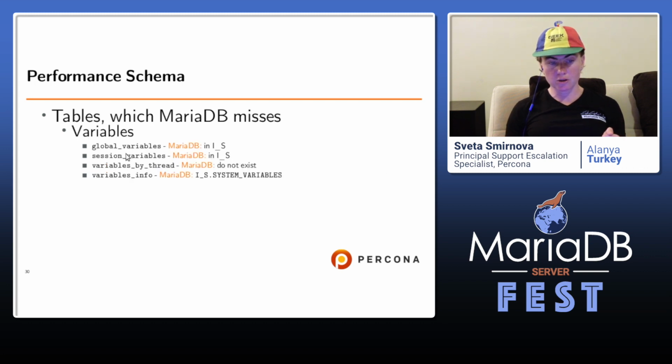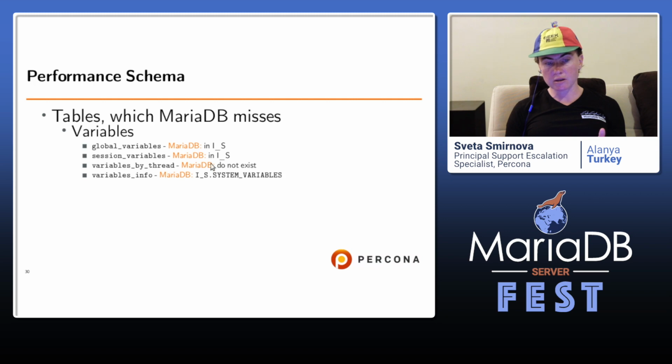Variables: there is no table called global_variables in MariaDB, but they are available in information schema. Same for session variables. The variables_info table, with information about variables, is available in the information_schema system variables table. And practically MariaDB has maybe even more information on variables than MySQL here.